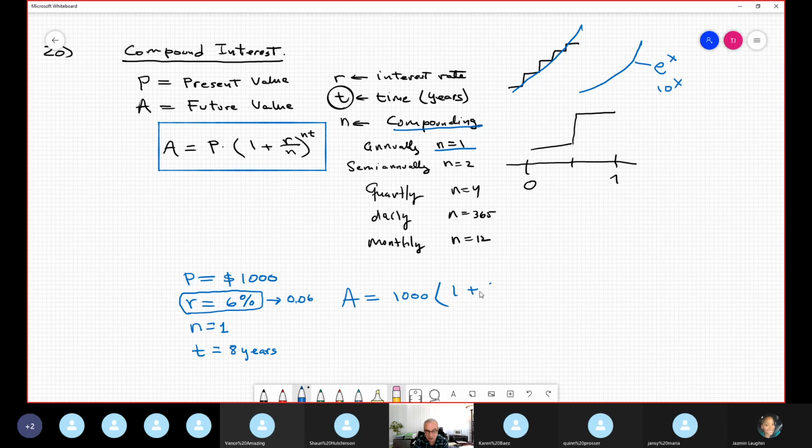So 1 plus 0.06 divided by n, but in our example 1, raised to the multiplication nt, which is the amount of periods, the amount of steps of our stairs. So it's 1 times 8, because the compounding is 1. You put it in a calculator and that's it. And the answer is